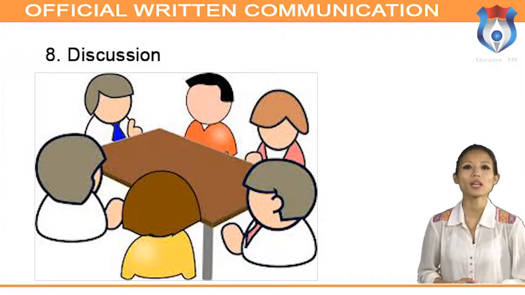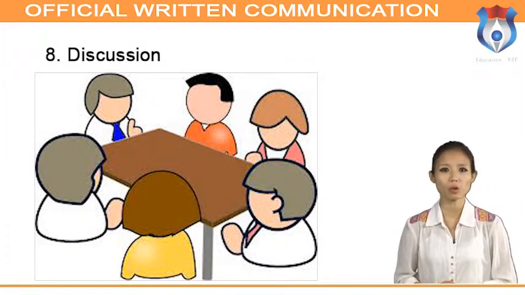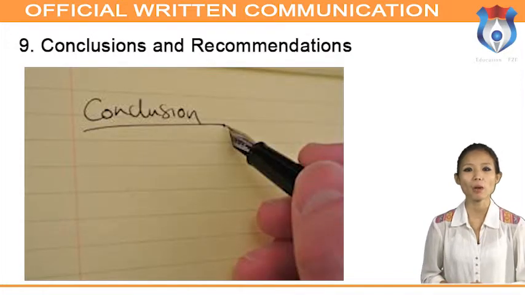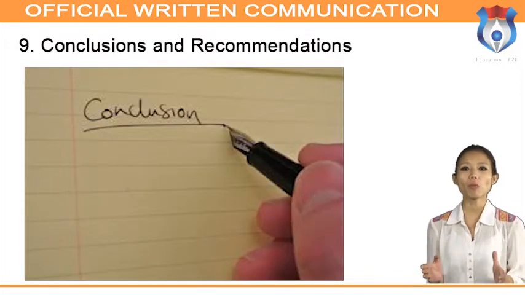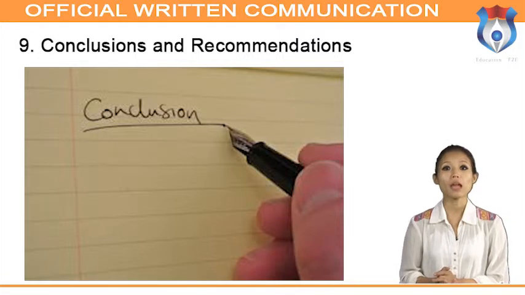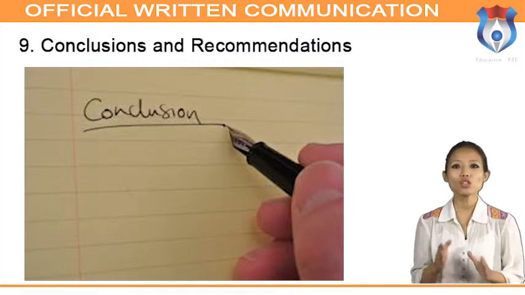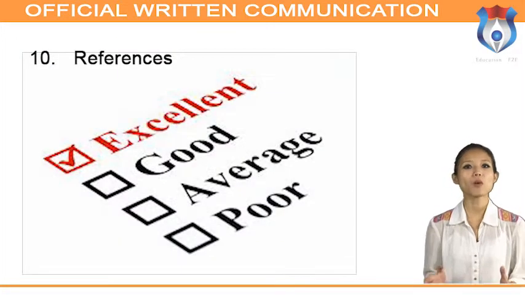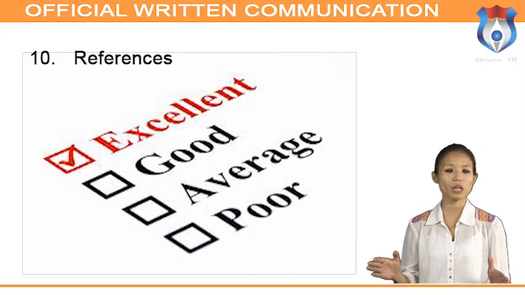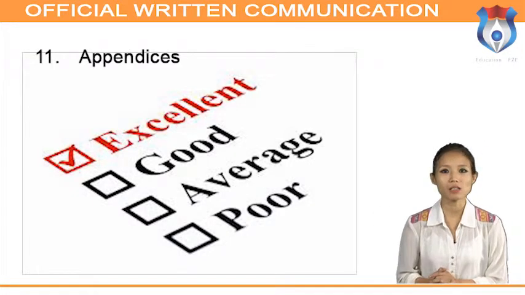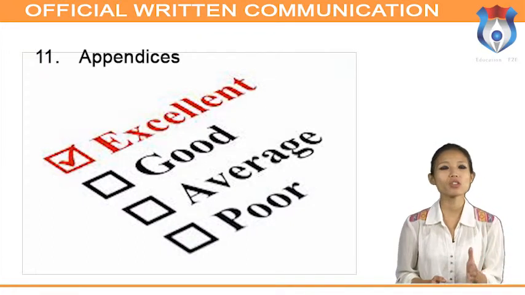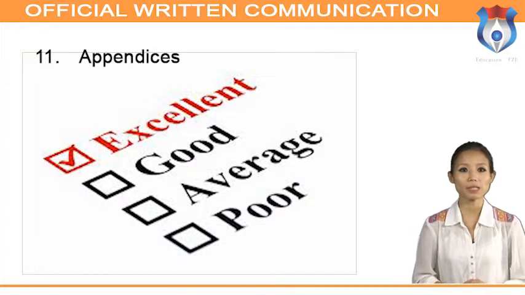Discussion. In this part, you can analyze and interpret your results, drawing from the information that you have collected. Conclusions and recommendations. This is the part of the report that draws together main issues. It should be clear and should not present any new information. References. It is important that we give precise details of all the works that have been referred to in our report. Appendices. An appendix contains additional information related to this report but which is not necessary to the main findings.